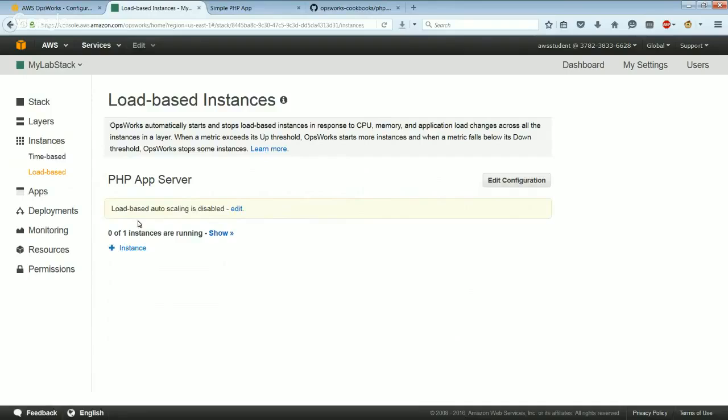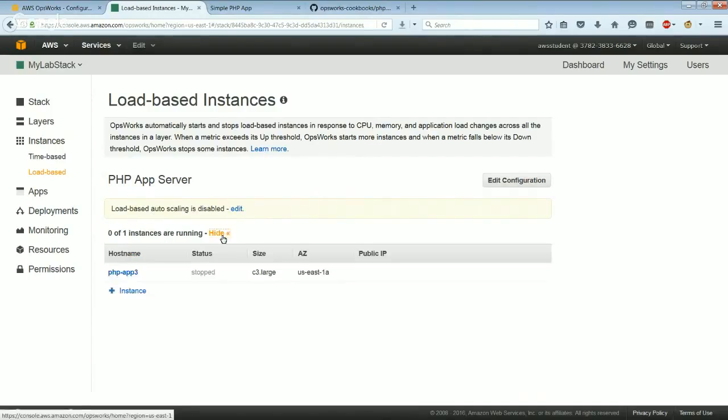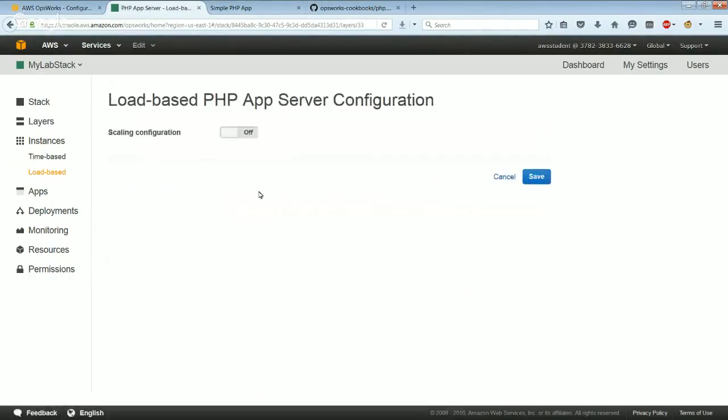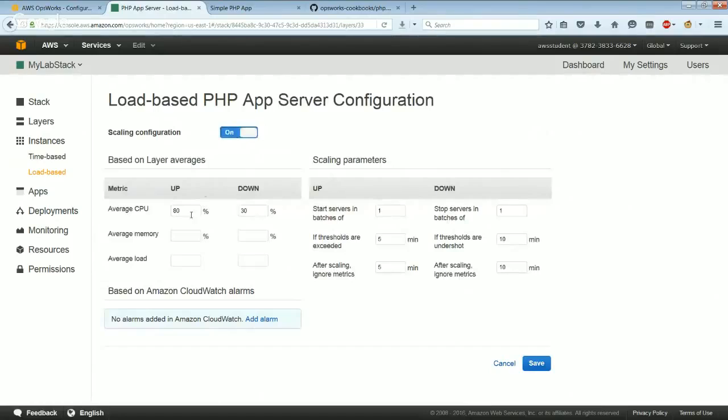And now what it says: load-based instance auto scaling is disabled. You can have a look here. So let's click on edit here. Now, scaling configuration on, and we can say, okay, 80%, increase it, decrease it, whatever we want to, based on layer average. Scaling parameter, how we want to scale: start server in batches of one, stop server in batches of